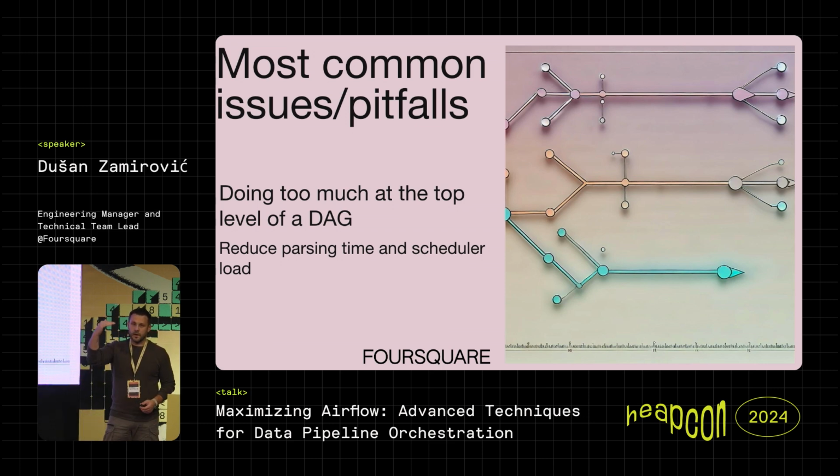But what you write in the middle, between definitions of your operators and between defining what those operators will be doing, if you put that on the top level of the DAG, which means immediately right after you say with DAG, do this, this, and this, that is being evaluated